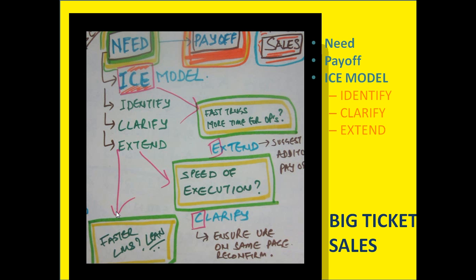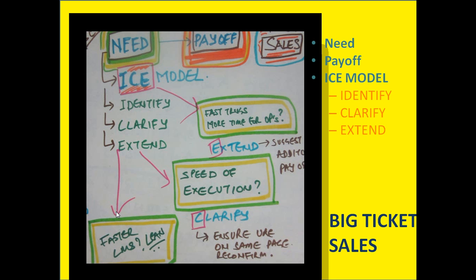SAP, they already had the competence from the market. Let's say for the same client, they also want to do an Oracle HRMS or an Oracle PeopleSoft kind of implementation. Can you offer to train their SAP materials management folks on this particular competence? Maybe, maybe not, so long shot. But if that need is there, the payoff should be in your mind also, should not be only in their mind. That is what the ICE model recommends. So you identified, you clarified something, and you went ahead and extended that.